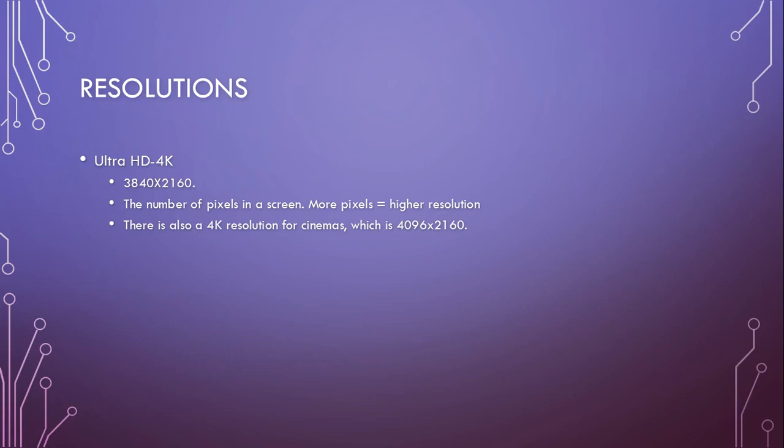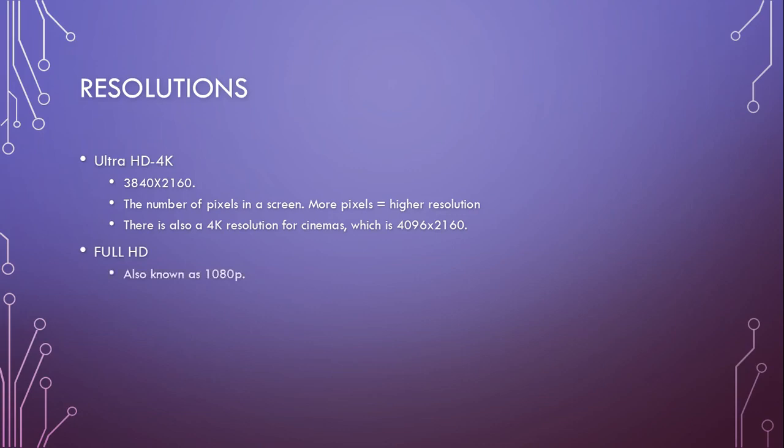I'm not going to really worry about aspect ratio right now for you to understand that. Just know that when you go to the movie theater, it's a little bit wider than what you might normally have, because a computer usually runs at like 16:9 aspect ratio, whereas a cinema would be more like a 16:10. Our next resolution is Full HD.